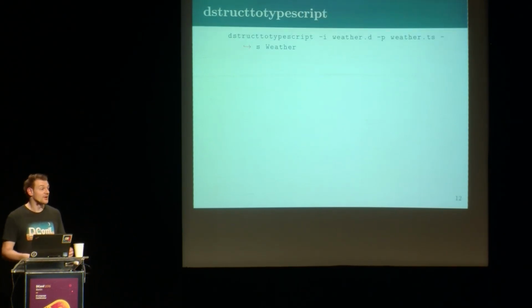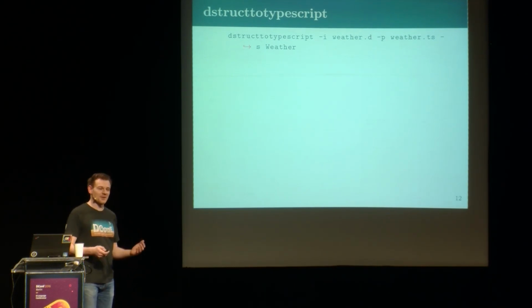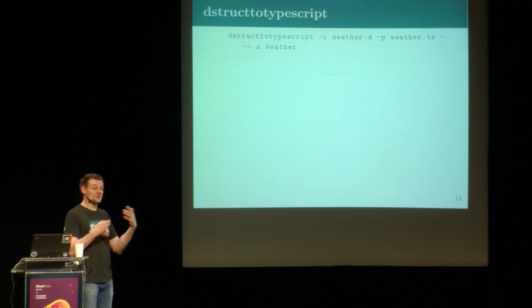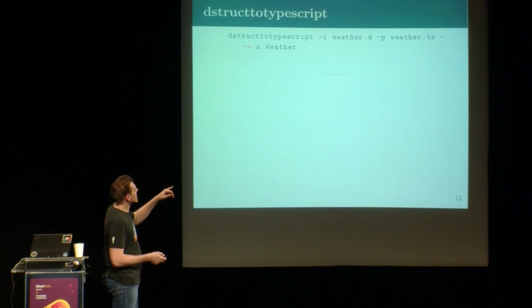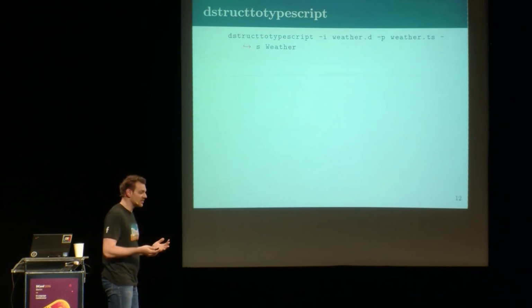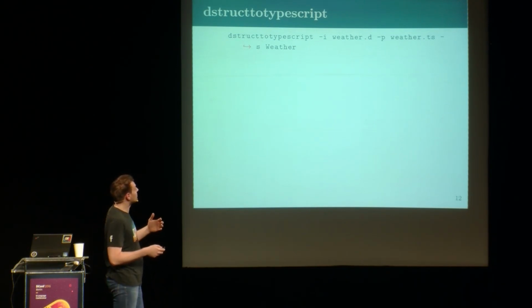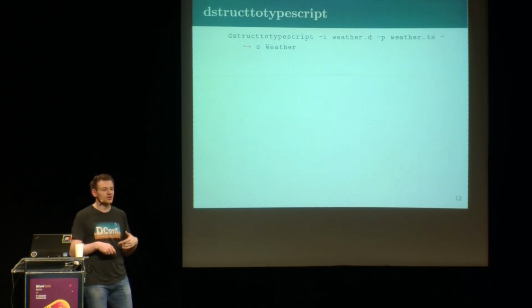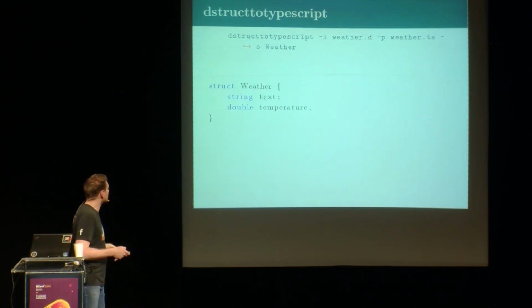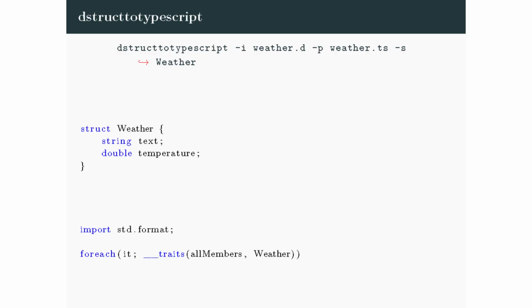So behold, the awesome program dstructtotypescript. It's exactly what the name says. It takes D structs and converts them into TypeScript. Just to explain a little bit, the -e defines the file where to look for the struct. Then you have the output file, which is behind the -p, and you also define the -s, which structs out of the file you want to translate. Again, having the weather struct and then the common traits or members on weather,